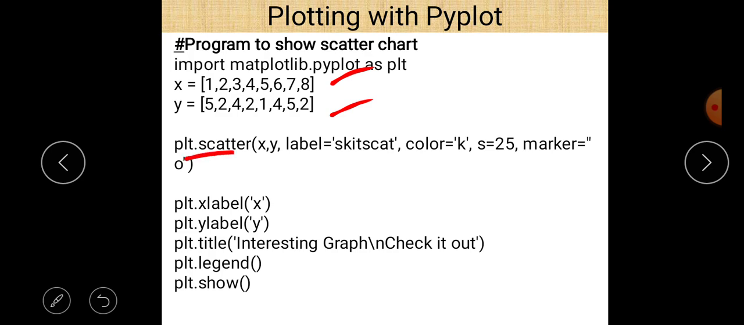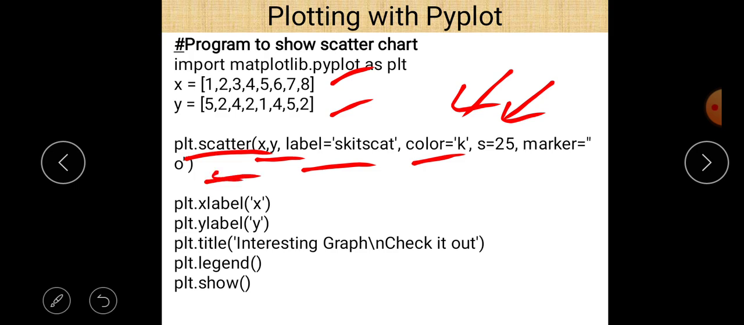use the plt.scatter function. After that, give the values of the x axis and y axis, x and y, and if you want to mention a label, then give the label parameter. So the label parameter is scat, and color k basically belongs to the black color, and size is 25, and marker is o, and then rest all things are same. Use